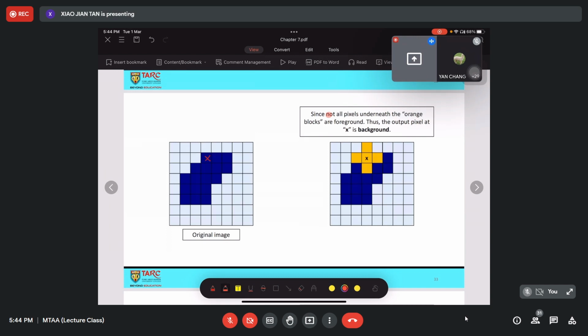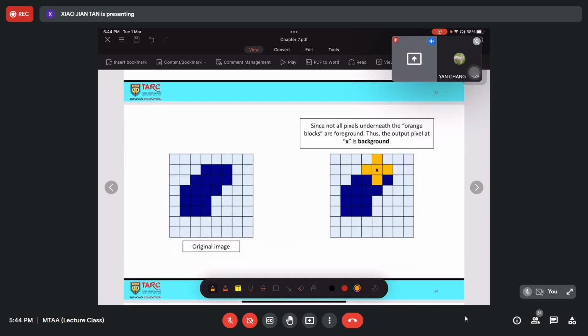Since not all the pixels underneath the orange block are foreground, the output pixel at X is background, which means it's being removed. The principle is that since not all the pixels underneath the orange block are foreground, the output pixel is removed. So we remove this pixel.